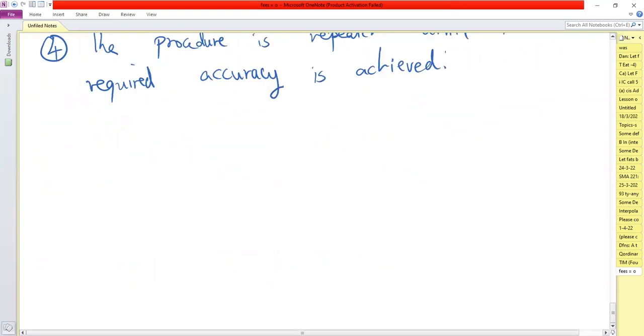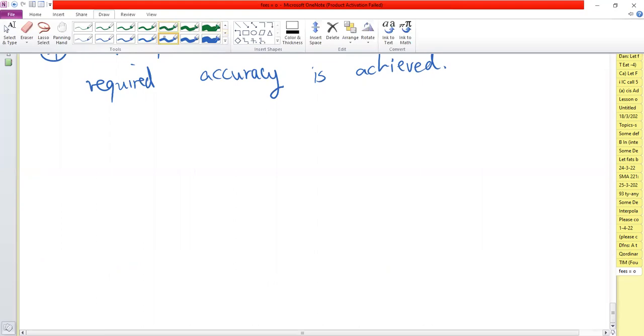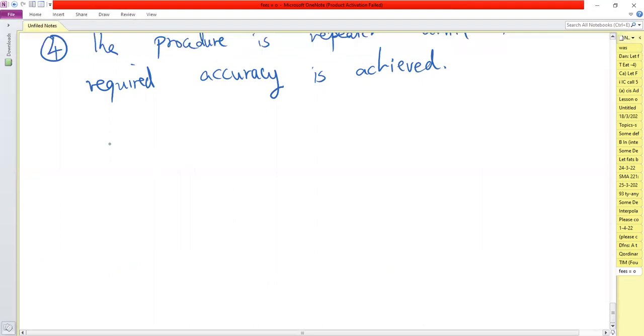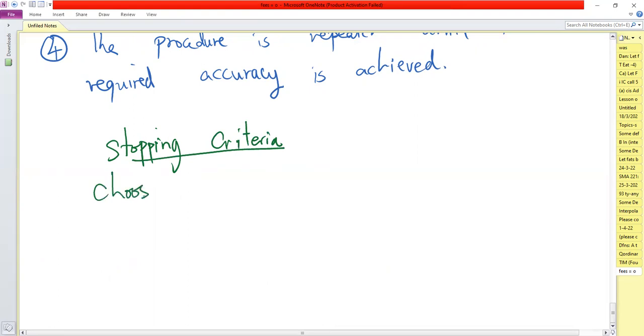The question will specify the accuracy that your solution should have. And just to make things clear, stopping criteria: choose a small positive number, epsilon, and then stop